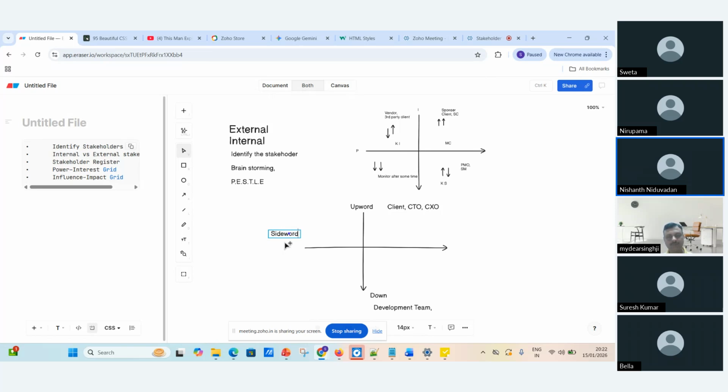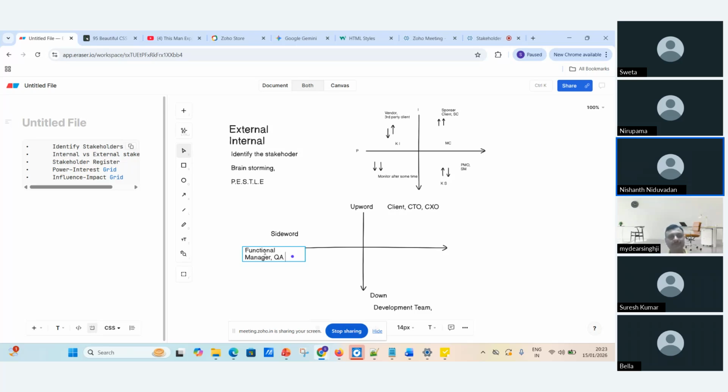Any other dependent project, possibly a downstream or an upstream project which feeds into my project, or my functional manager, or similarly another manager in the team. They'll also be on my sideward side. Like a functional manager in some organizations, that is my sideward stakeholder. A QA manager sometimes happens in some projects. So this is my sideward stakeholder.